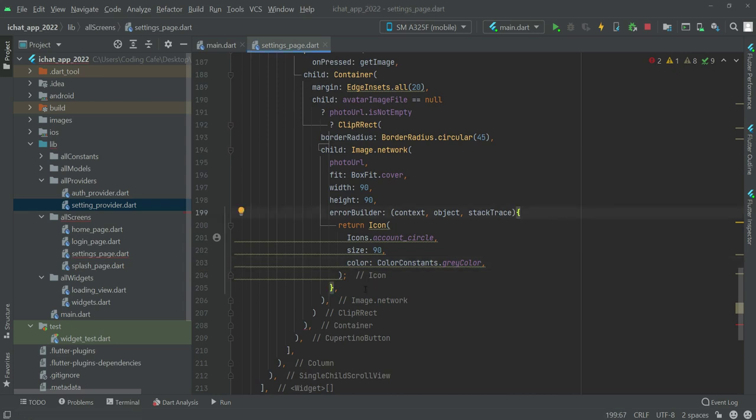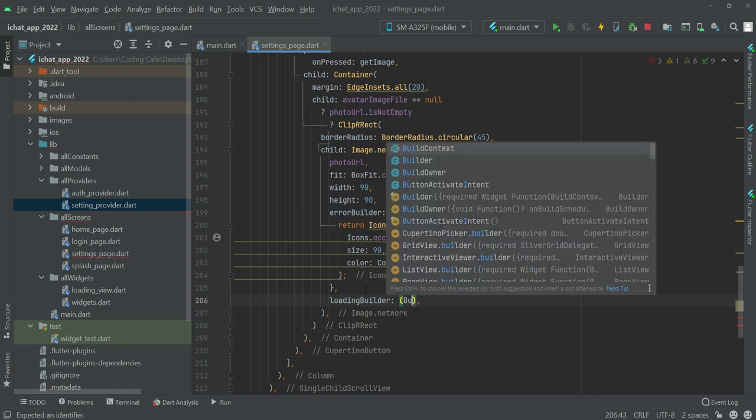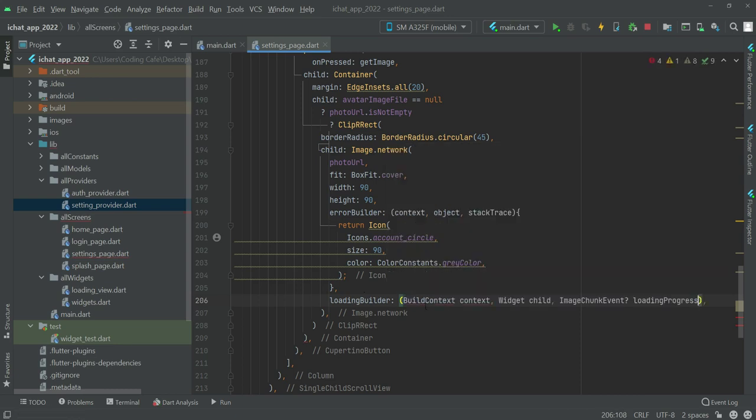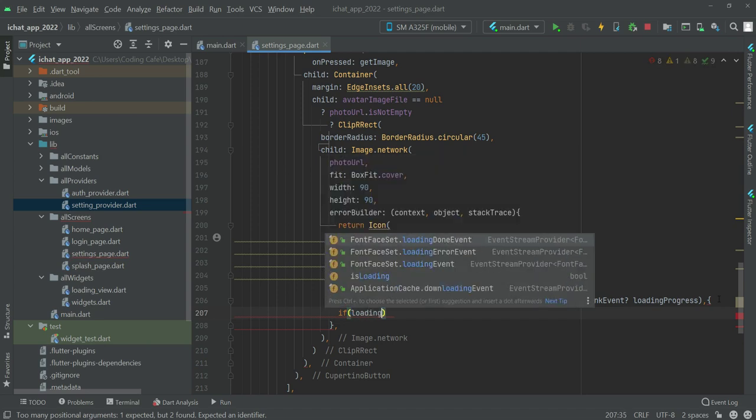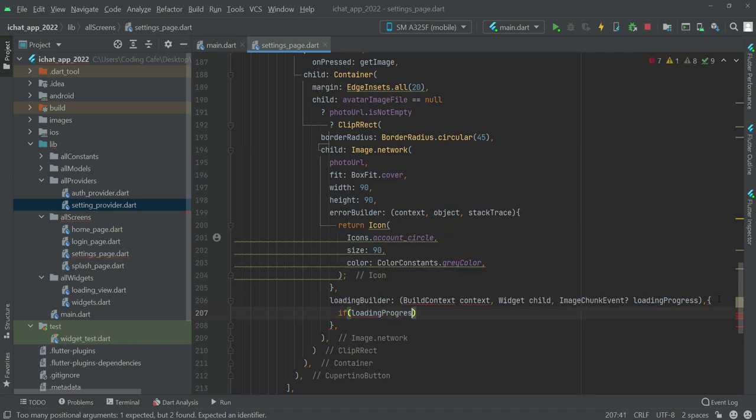Then after this error builder we will add a loading builder. In here we will say build context, then the widget child, then the image chunk event, and then the loading progress. And here we will say that if the loading progress is equals to null, then we will return a child, else we will return this